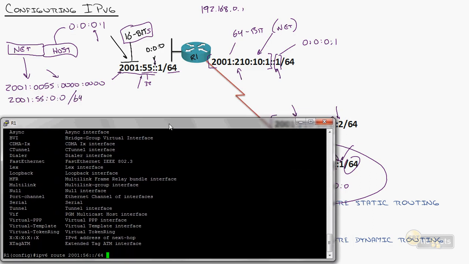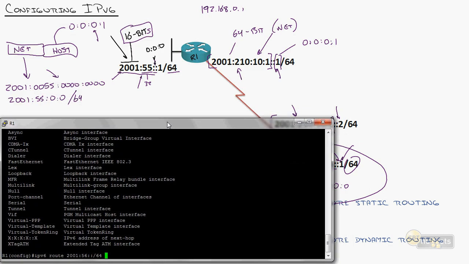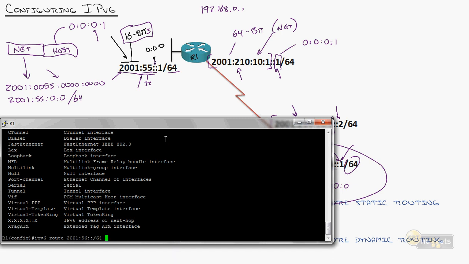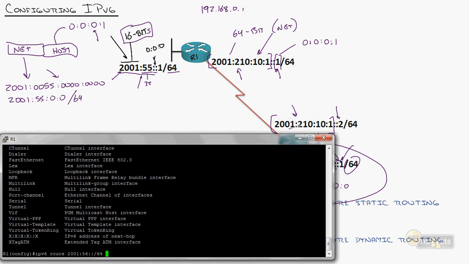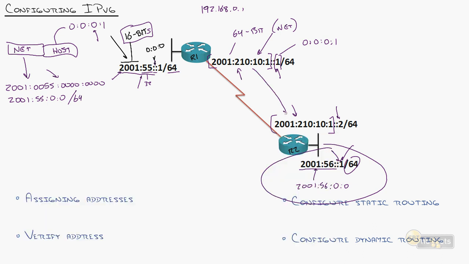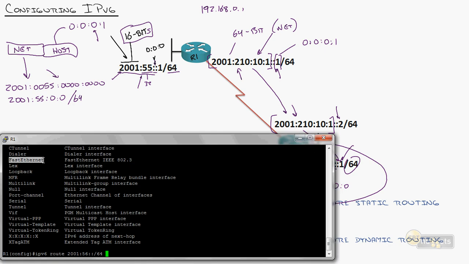And I'm going to say, well, actually, you can shrink your window a little bit, and you can go right here to router 2. So I'm sitting on router 1. I need to go right here to get right here. That's the next hop address. So let's do that. Now you could put in an interface if you want to. I just don't like it. So we'll do 2001:10:1:2, right? So I'm saying I want to route to this network, and I'm going to use this guy to